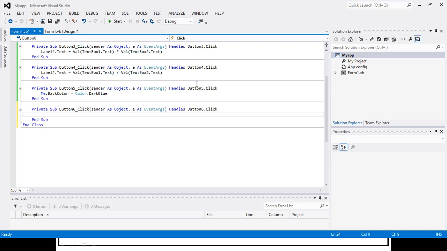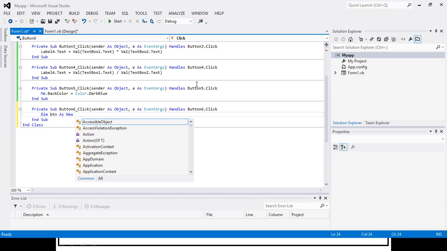Now Button is the class which is already available in this Windows Form application environment. So we will just use that. For that we will need to define some object. So Dim btn is my object As New, and here I will write the Button class.